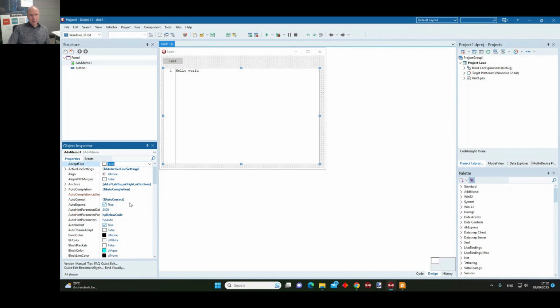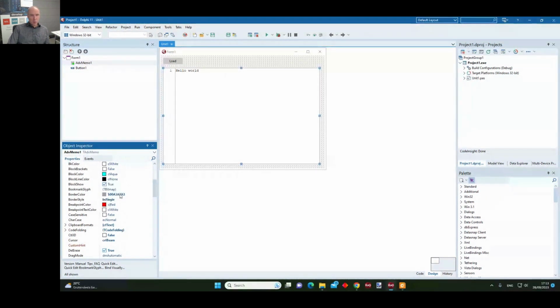Some configurations about parameter hinting and delays when to show the parameter hints, etc. Blocks, code blocks. So in Pascal, our code block is, for example, everything between begin and end. We can also highlight such blocks, and properties that control things like coloring of blocks can be found here.